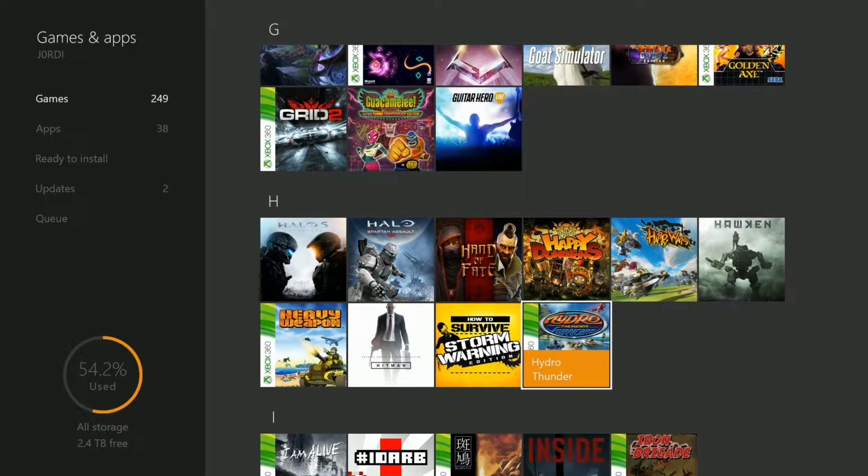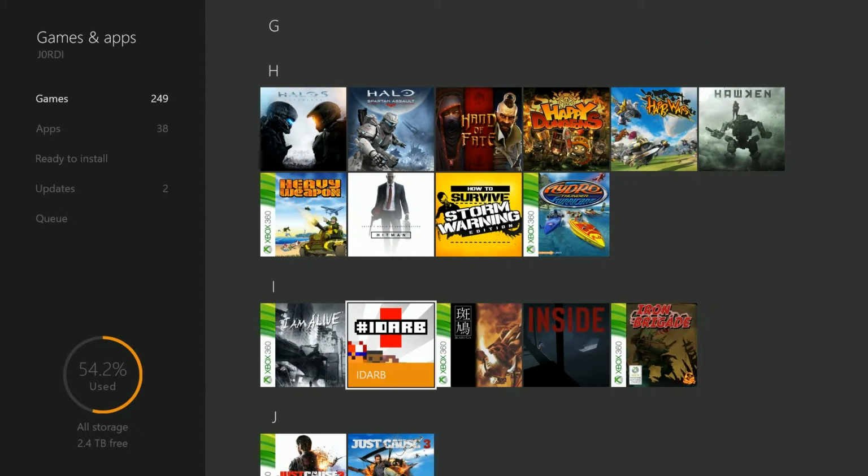Hydro Thunder, an old game that I picked up in the past. I Am Alive was recently free on Xbox Games with Gold, so I picked that up. That, as was IDAB, I don't know what that is, I've not played it before. Ikaruga, one of the best arcade games I've personally played, and it's a sort of Japanese side-scrolling shooter,